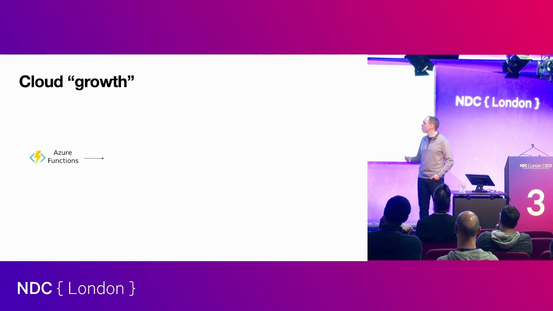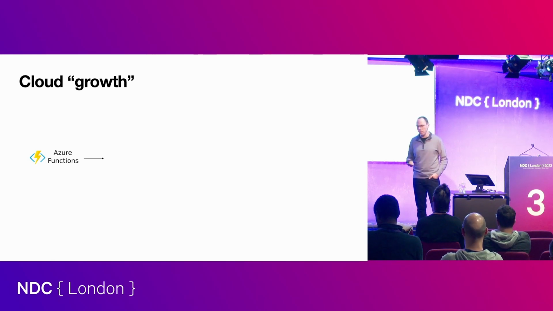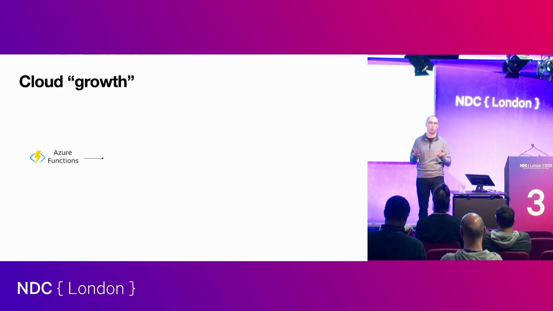So this goes to this concept that I have of cloud growth. I called it cloud maturity at first in my head, and I was like, that doesn't really seem to fit, right? Because Dapper, which is a great data access library for .NET for accessing SQL databases, was written specifically because Stack Overflow found that LINQ to SQL, which is what they were using to do queries, was too slow for them because they were executing so many queries all the time. It was actually too slow, not because of the SQL databases.